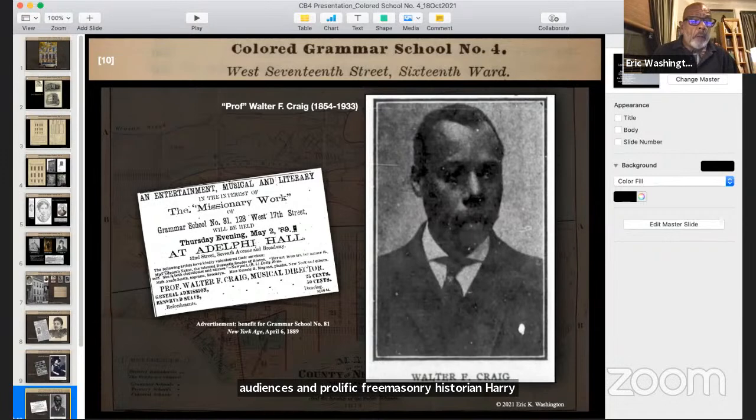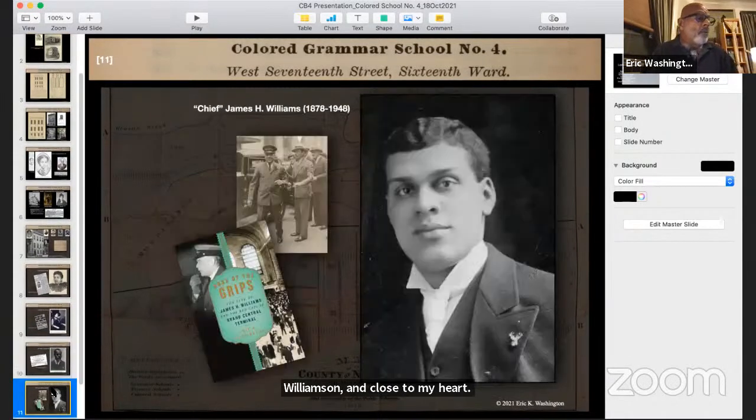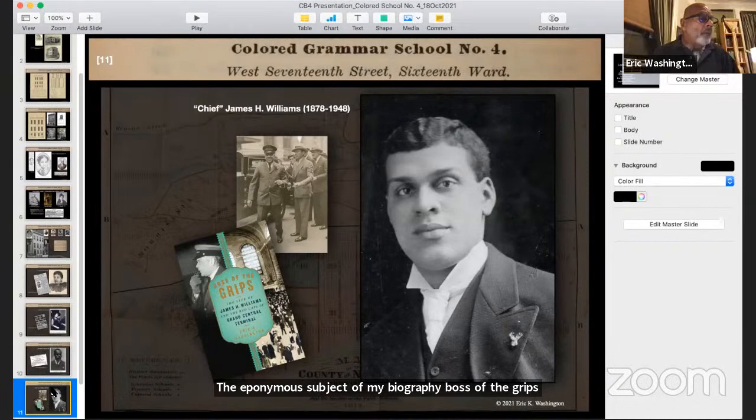And close to my heart, the eponymous subject of my biography, Boss of the Grips, the life of James H. Williams and the Redcaps of Grand Central Terminal. As the station's chief Redcap attendant for nearly half a century, Williams at Grand Central presided over its essential Harlem-based workforce that produced the city's first Black police officer, Columbia's first Black architecture school graduate, and such still familiar names as Paul Robeson and